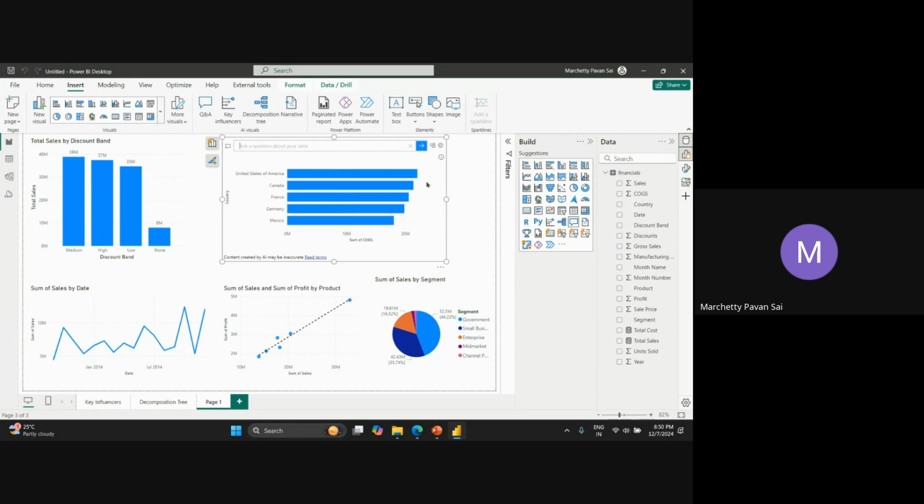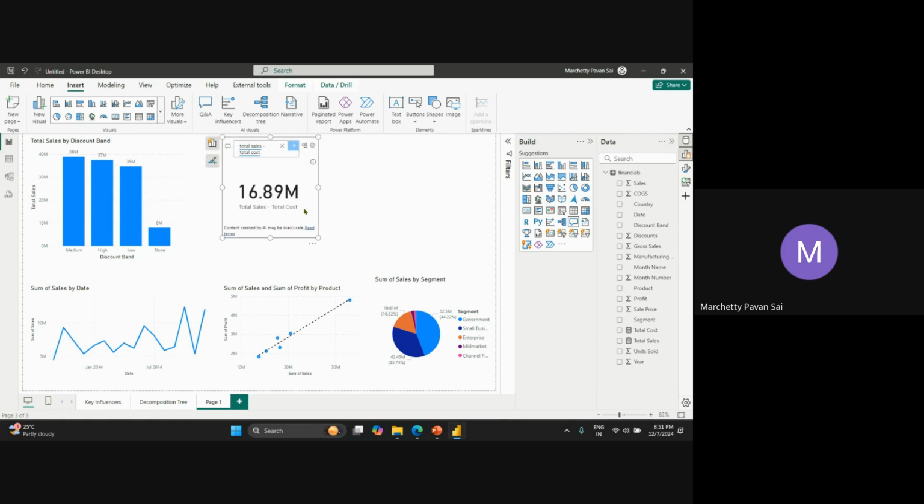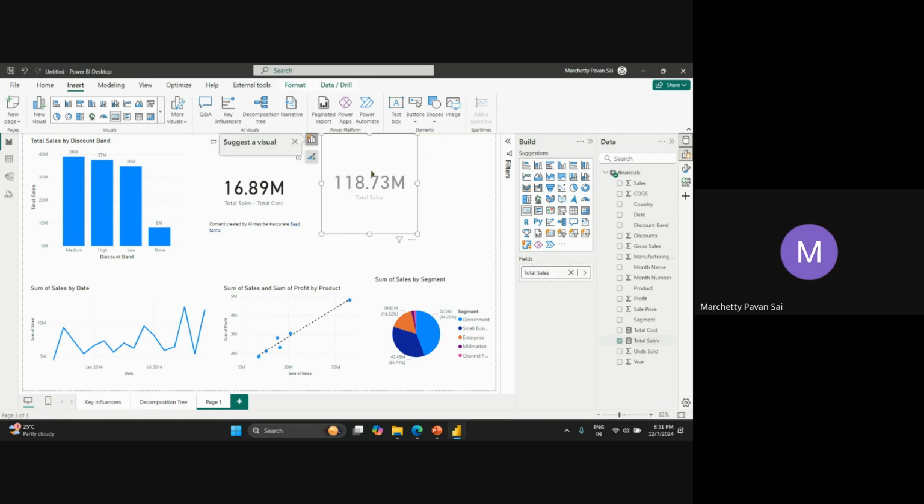Okay, so one more thing I would like to tell you. Suppose you want to make some calculations. Here we have total sales and total cost, right? So what I can do is I can write total sales minus total cost. Okay, you see it will show me the net output, right? Suppose I take this particular total sales here. It is 118.73 million